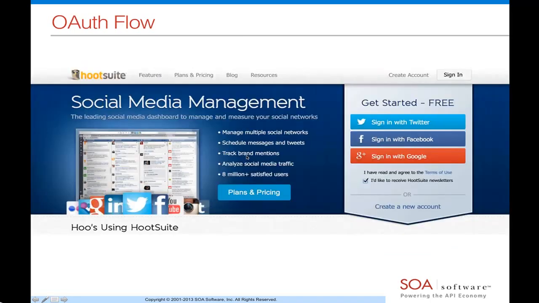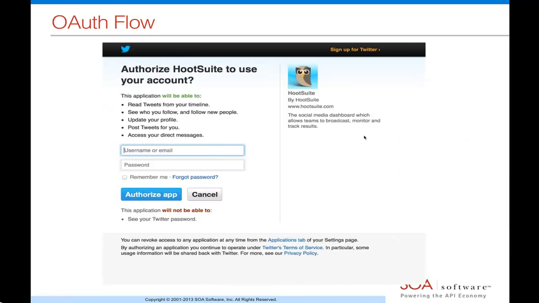So let's look at it in practice. What does the OAuth flow look like? This is a very simple OAuth flow. Hootsuite is an app that essentially allows marketers like me to post onto multiple social channels, so LinkedIn, Twitter, Facebook, and things like that. So Hootsuite really needs access to my Facebook, Twitter, and Google Plus channels. What I can do is sign in over here with Twitter, and when I click Twitter, it essentially takes me to a Twitter site wherein I, as a user,